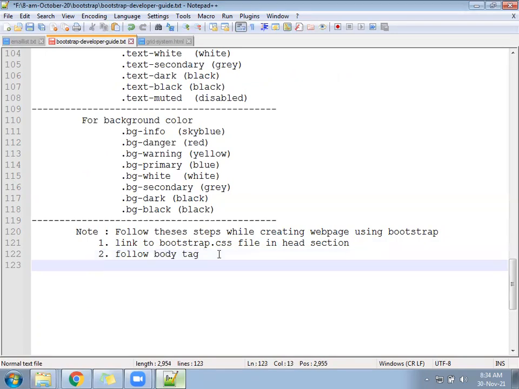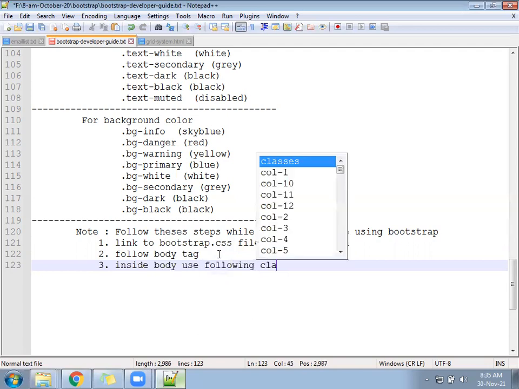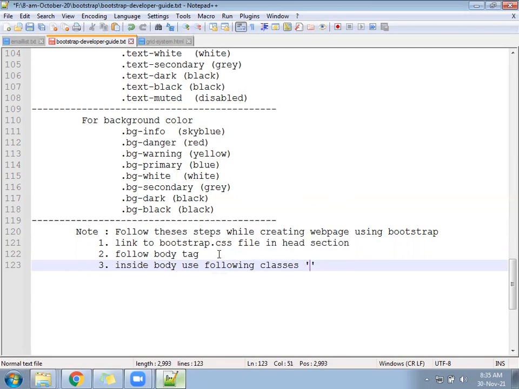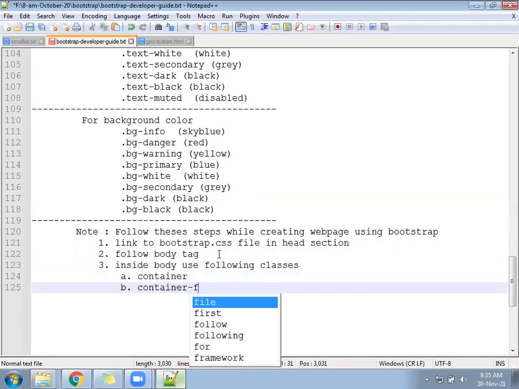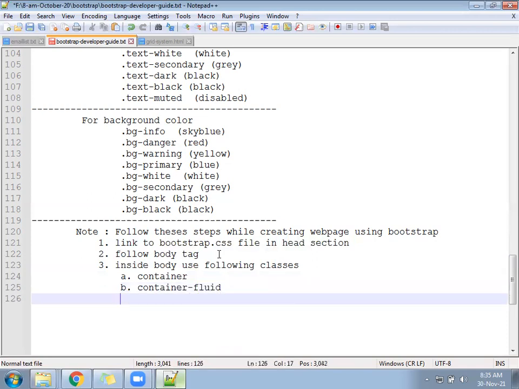After that, step number 3: inside body, use the following classes. A, container. B, container-fluid.